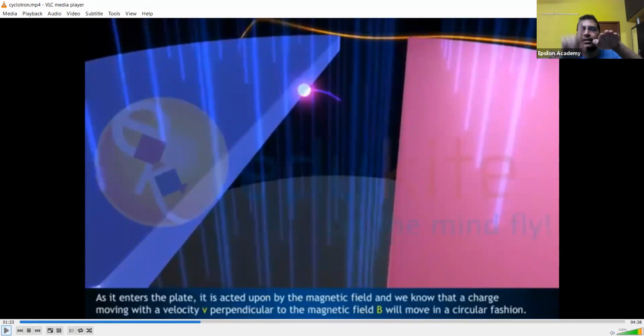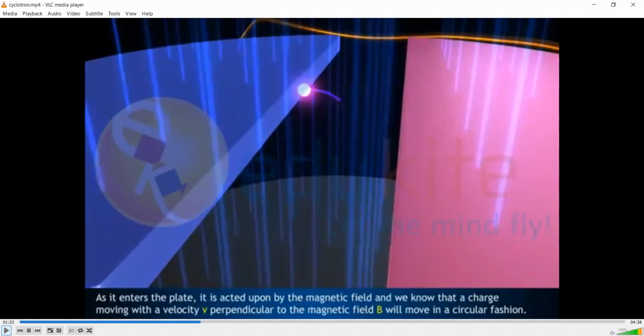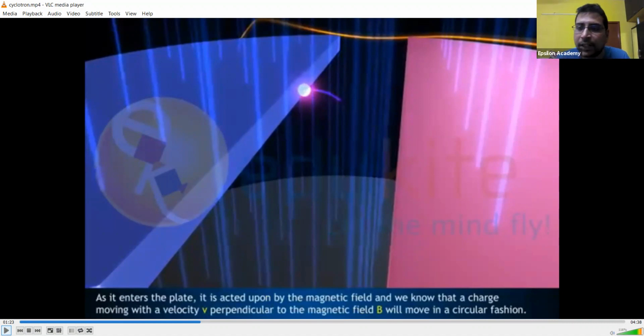The D's are like this and the magnetic field is in this direction. So the particle attains velocity in which direction with respect to magnetic field? Perpendicular direction. From yesterday's concept, when a charged particle is given a velocity perpendicular to the direction of magnetic field, what will be the path taken by it? Obviously, uniform circular. Obviously, it is going to be a circular path. See, that is why observe the particle is going to take a circular turn.